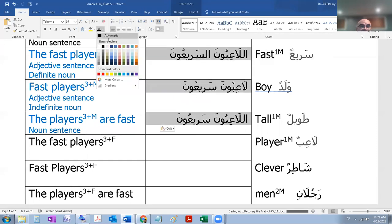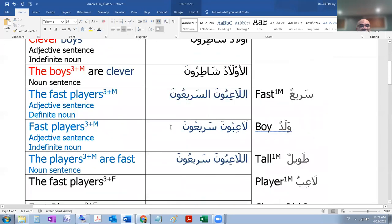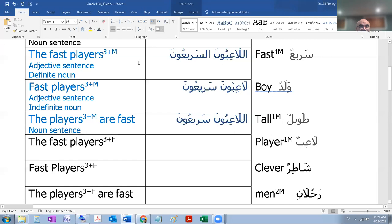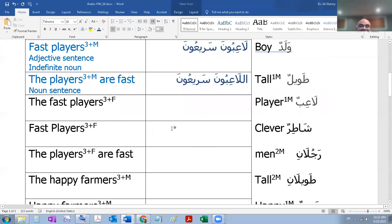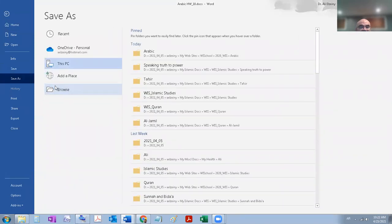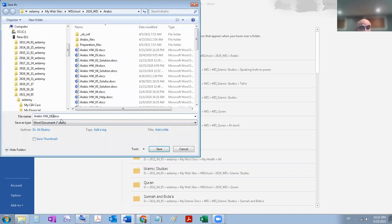Just give it the same color for the purpose of making things clear here. So that's the first set, that's the second set. And then the same thing. The only difference between this group and this group is that this is 3 plus F, but that was 3 plus M. So it's going to be اللاعبات السريعات, and here لاعبات سريعات, and here اللاعبات سريعات. Okay? All right. And let me save this one here. And we'll put underscore